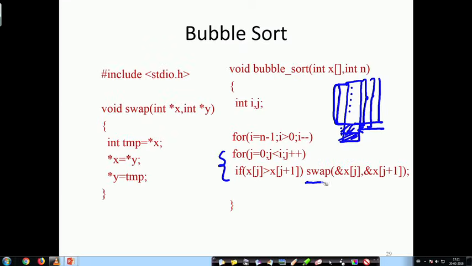And in every zone, so once every time I am deciding on the zone, n, n minus 1, n minus 2, like that it is going on, and every time I am doing this loop for each of the pairwise element comparison, and thereby I am pushing the heaviest element at the bottom. That is the code for bubble sort. However, I have not yet explained this swap.